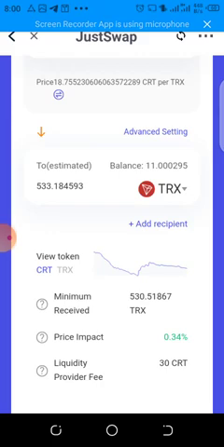I know the guy that referred me has about 800 million CRT. As he's converting all this, he can only cash out 4,000 plus per month. They should increase the maximum cash out to like 10,000 Tron per listing.